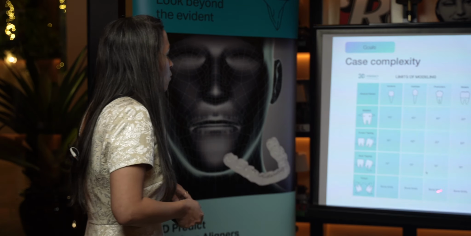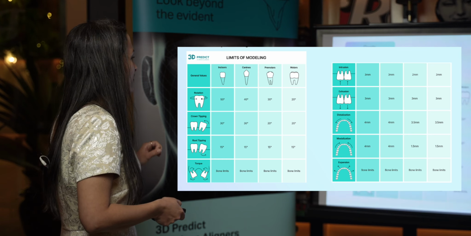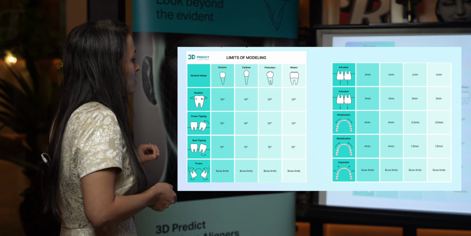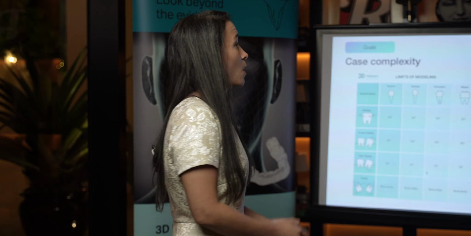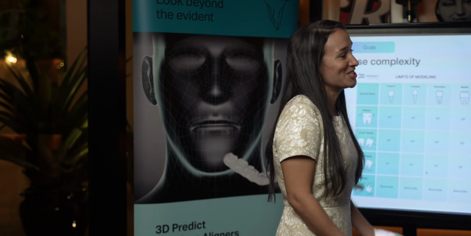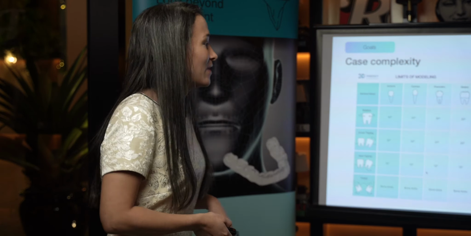But you know that you need, for example, to heavily rotate a canine. You can have an idea how much you're going to rotate that canine. If you need 180 degrees of rotation because that canine is completely facing lingual,